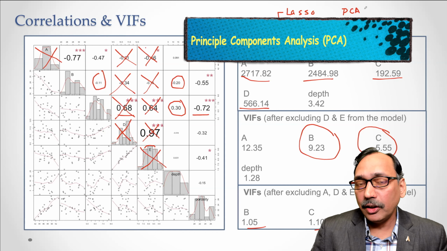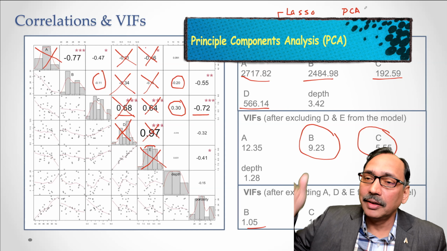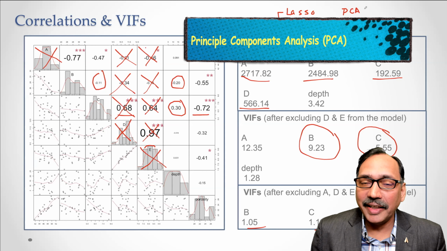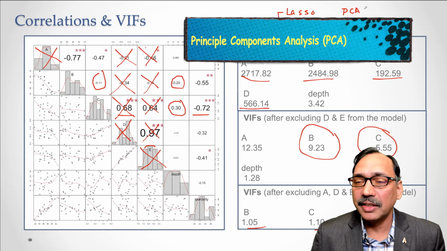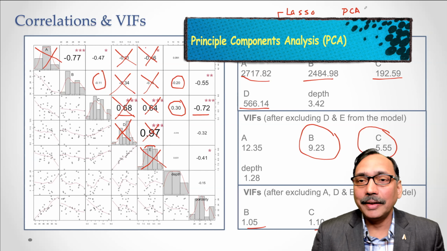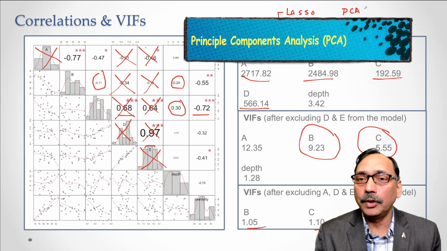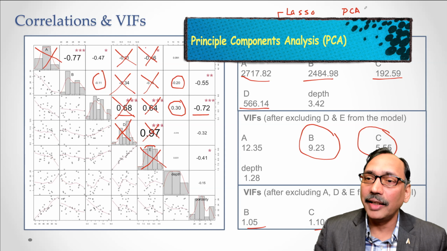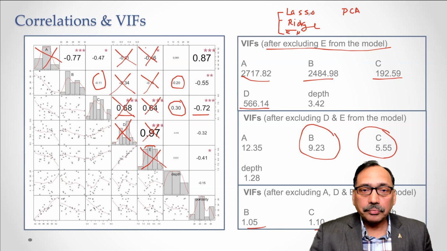And principal component also can help in a situation where you have too many variables but too few rows. That's called high dimensional data, where number of rows are much less than number of variables. So there again, one can do principal component. You can convert a lot of variables into linear combination in the form of principal components and then do regression on that. So there are different strategies people use.